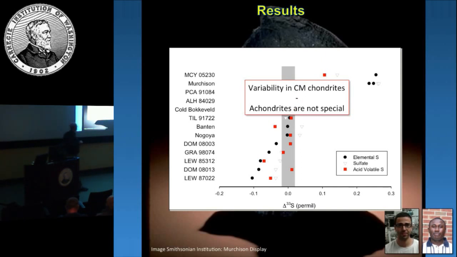So the first thing is that if we're seeing the variability of CM chondrites, then the achondrites, which we thought were special, were not special. Basically, it was that there were just not enough of them measured. And actually, some of the outliers, MCY, one of the measurements that Mark did, is an outlier that sits right about here. And then I think there may be some others in here that also match up. Some of the outliers that were not identified in the Gallen-Thiemann study actually show up here and just fit well with our measurements. So the chondrites are not special, or the achondrites are not special.